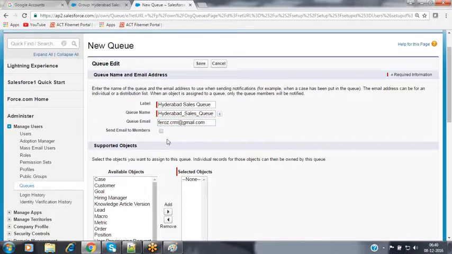Now it is giving an option called send email to members. Inside that, we can select the checkbox in order to notify all the members of the queue when a new record is added to the queue. Like in our organizations, we use some defect tracking tool, where the development and testing teams are the members.